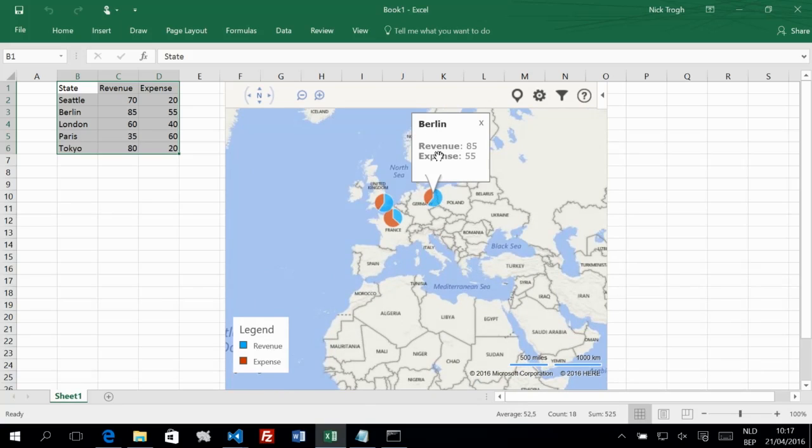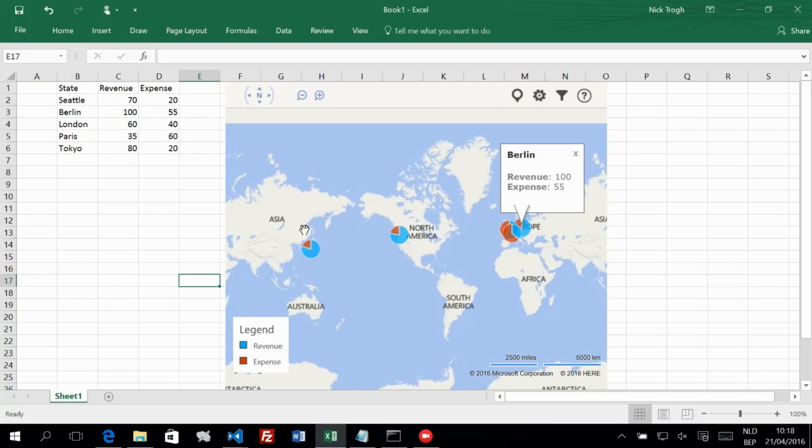We could say Berlin has a revenue of 85 and expenses of 55. But let's say we want to change this revenue. See here we have something running inside of our document, and similarly you can go to